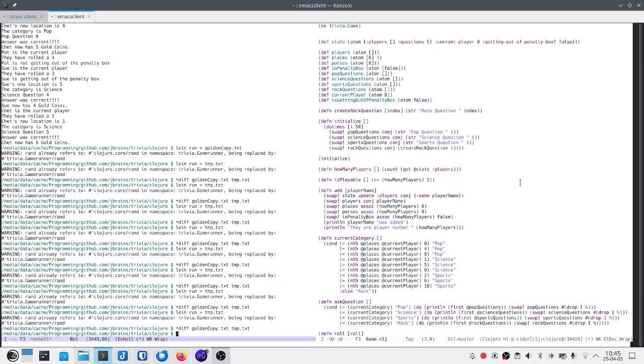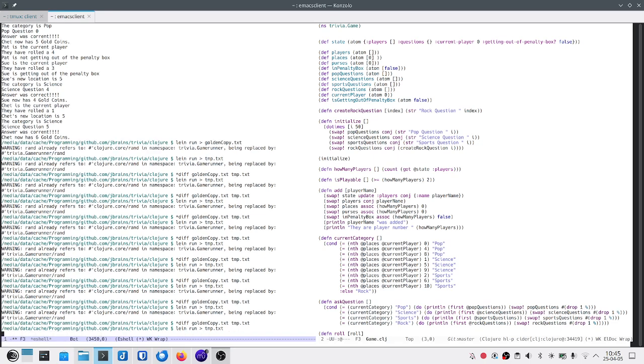Hello everybody. Let's continue with our refactoring of the Clojure example of the trivia refactoring exercise in Clojure. The aim of the exercise, which I've created for myself, is to add a back button, a function which goes back in the game state. Let's see how much further we can get today. Just to check we haven't broken anything.